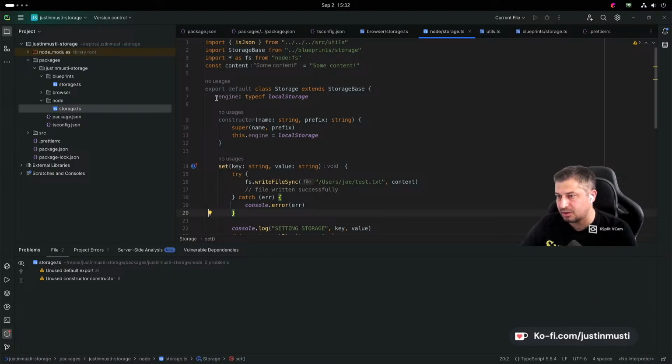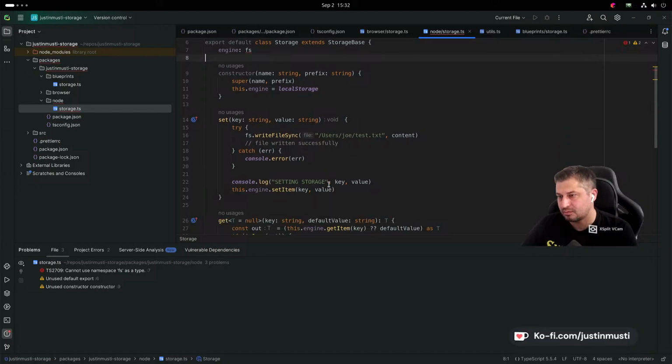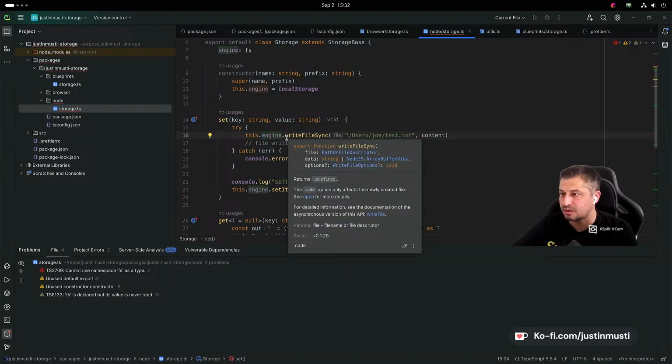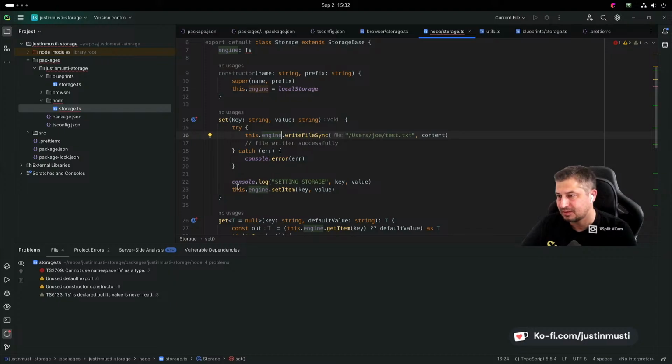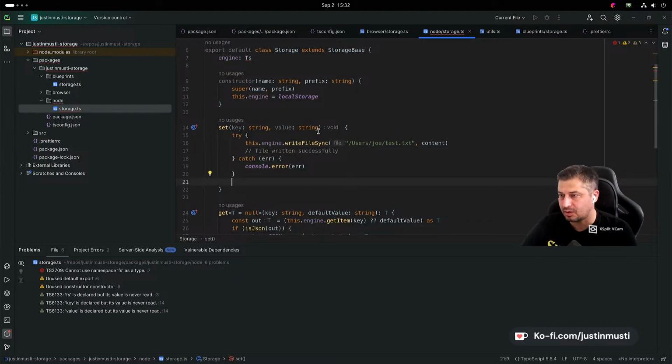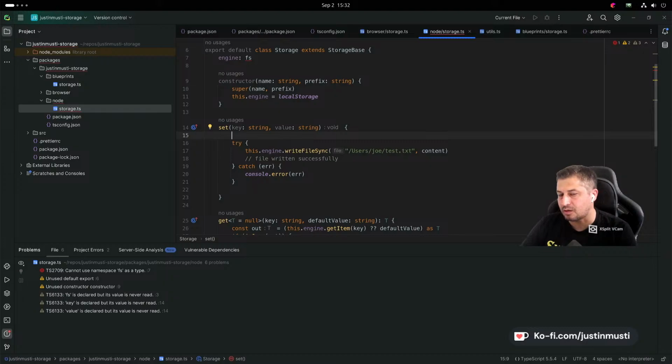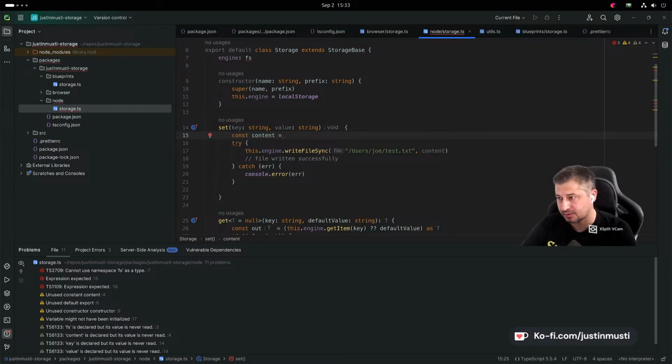So the engine here, we do not really... Engine would be fs, right? So here I would say this.engine.writeFileSync, and then the content would be that. We don't really need to do this now. And then here I would say const content equals